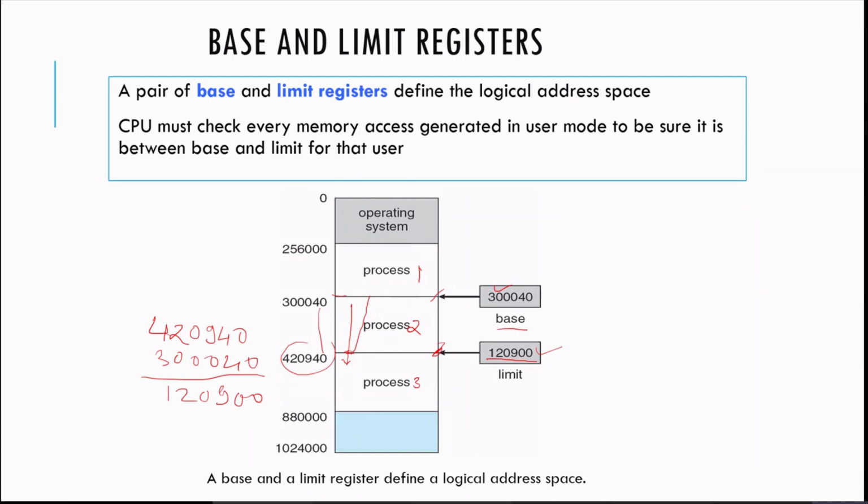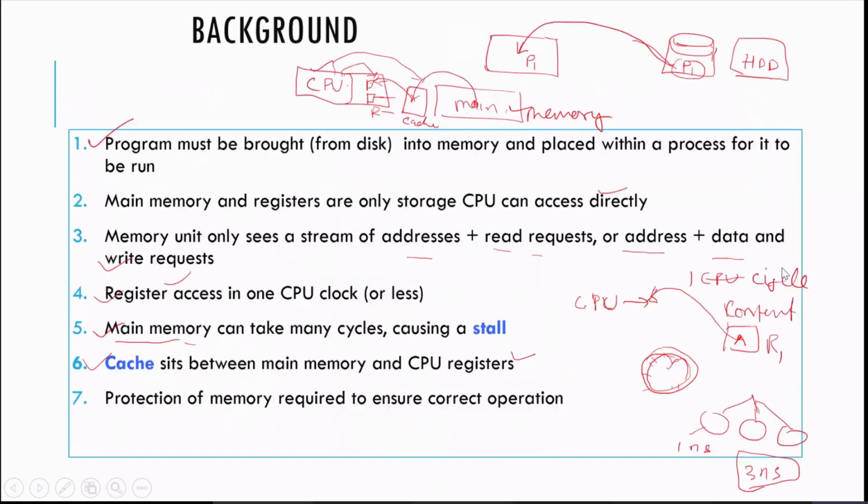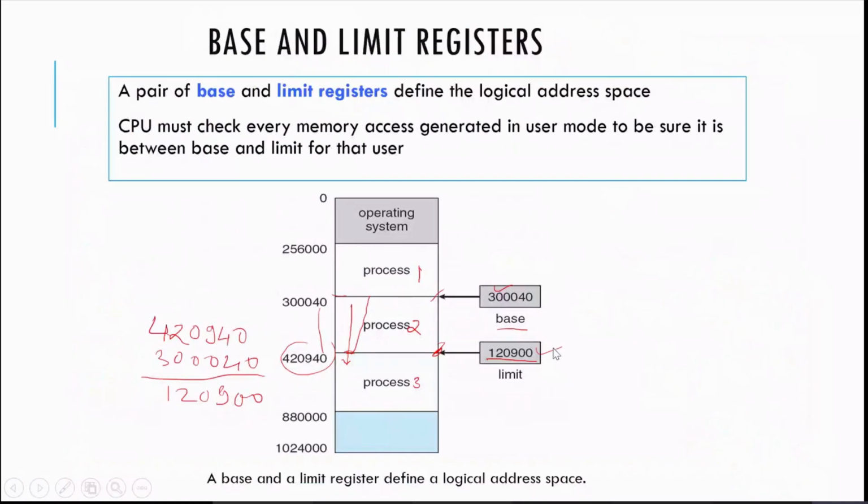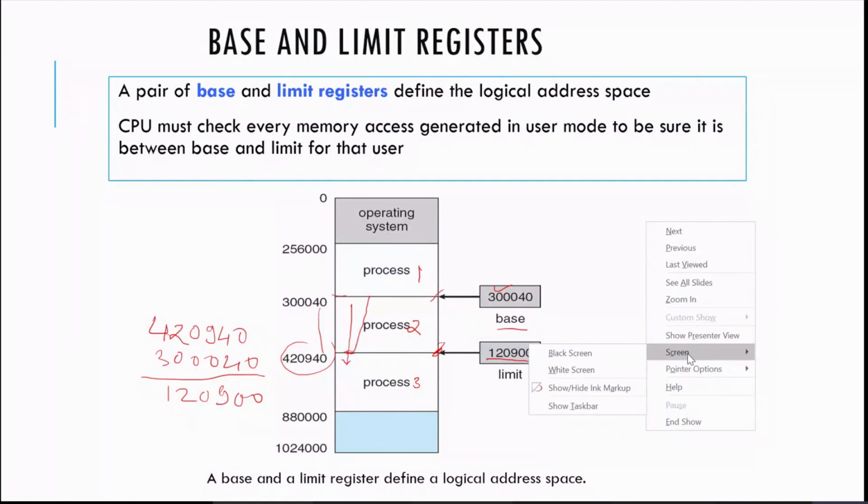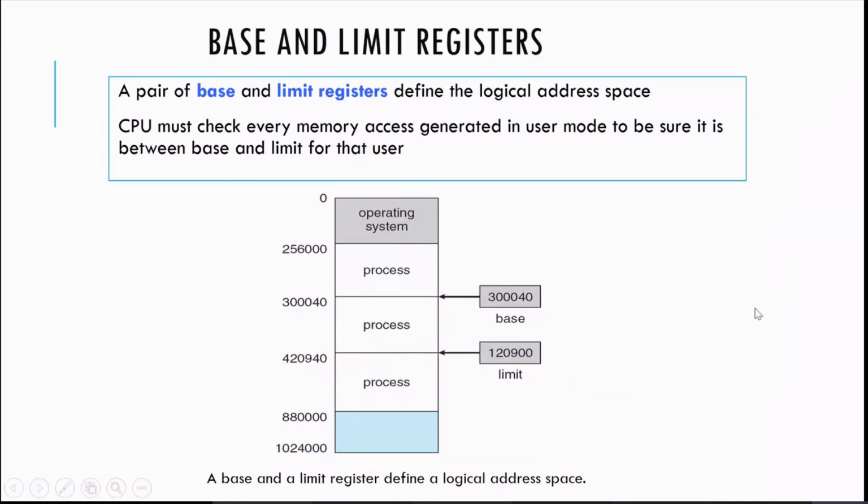Like this we make the protection for the processes going to run here, so that they can't cross the boundary of each other. If they cross each other, they may make changes to the programs and code, and this will be a problem. For that purpose we are doing this.